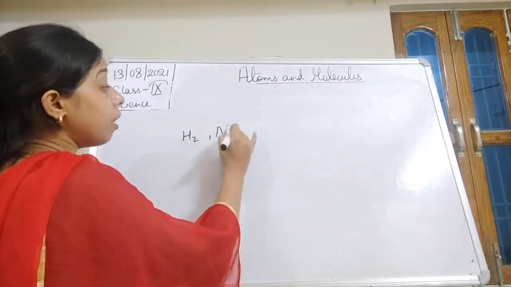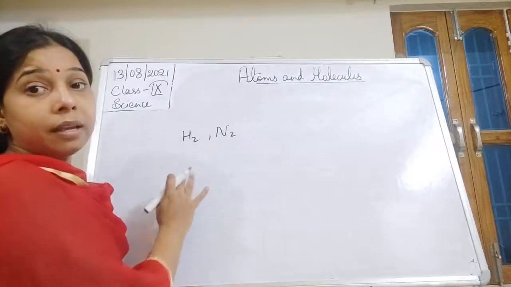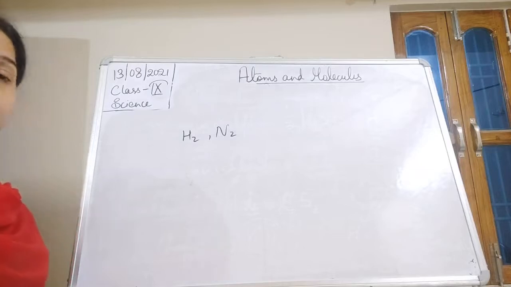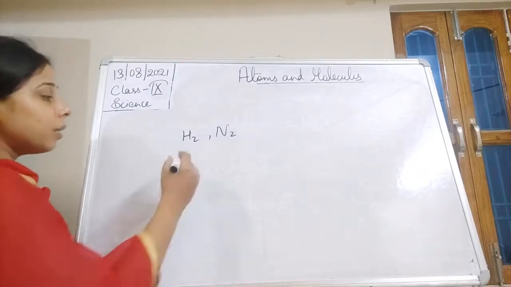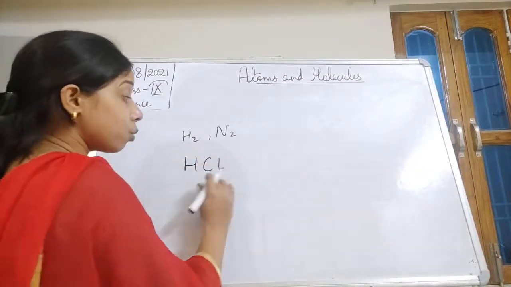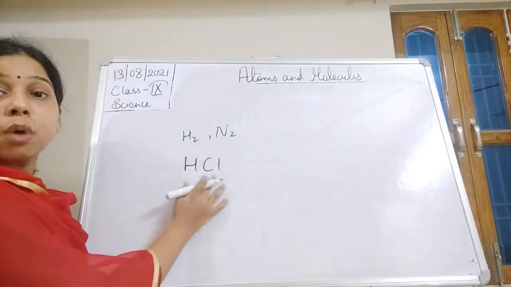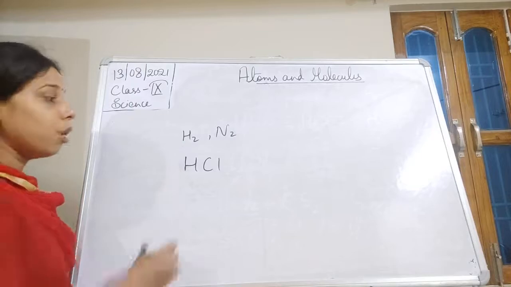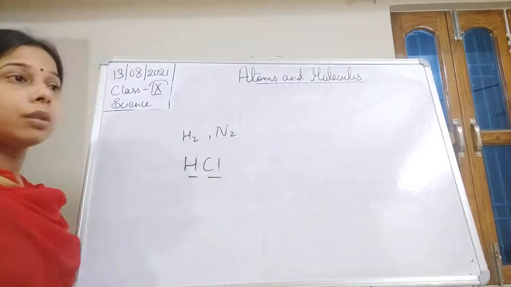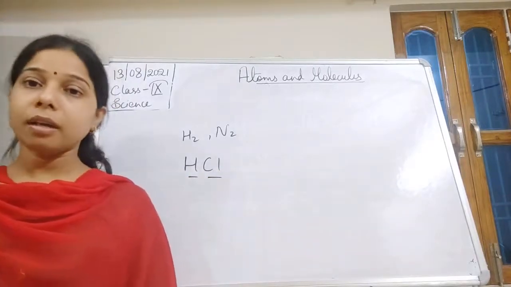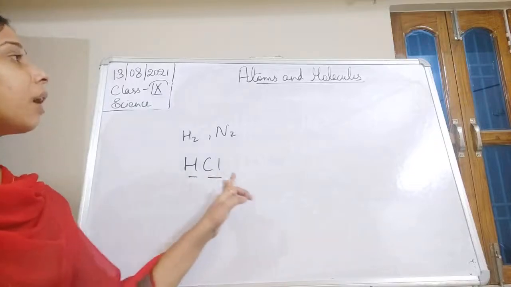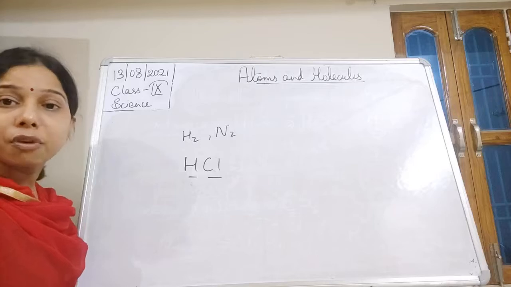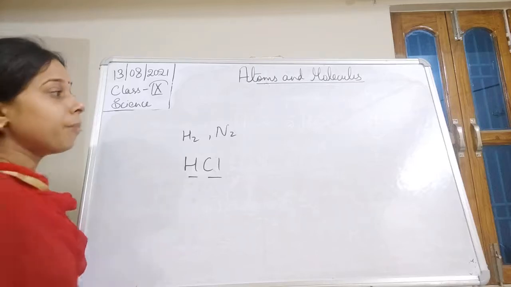Since it is 2, 2, two atoms are there, and that is why it is included in the diatomic molecules, students. Similarly, if we take HCl, what does HCl consist of? Two atoms are there. One is hydrogen, the other one is chlorine. These two combine together to form hydrochloric acid. So on the basis of that, we can say that both of them collectively form a diatomic molecule.